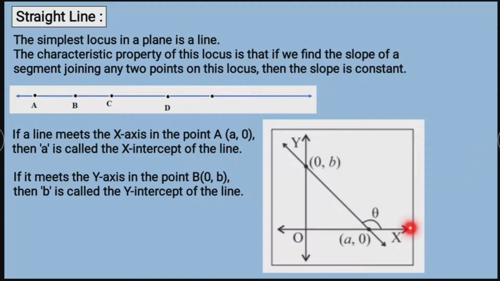So we draw here a diagram. If we consider this point which is on x-axis, the coordinate of this point is (a, 0). So this is the coordinate of point A. The distance of this point A(a, 0) from origin is small a, and the distance of this point (0, b) from x-axis is small b. This point (0, b) is on y-axis, its x-coordinate is 0. Point (a, 0) on x-axis, its y-coordinate is 0.